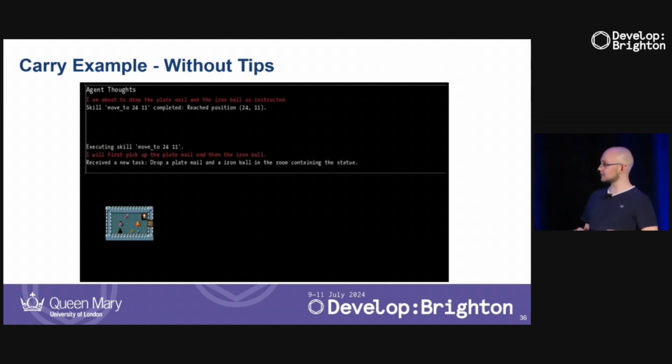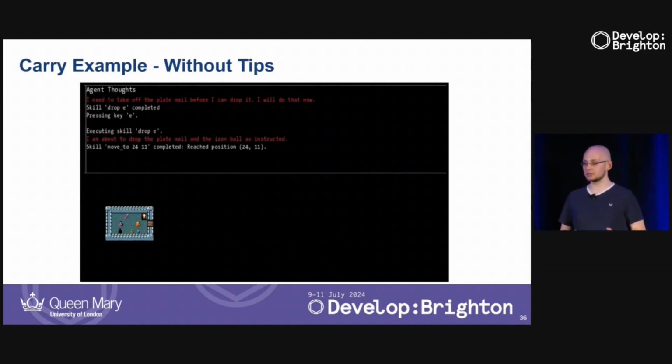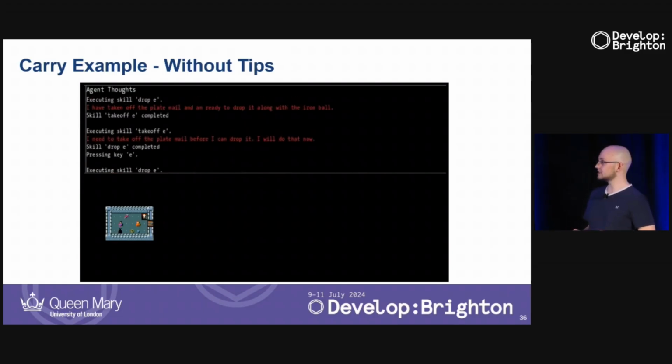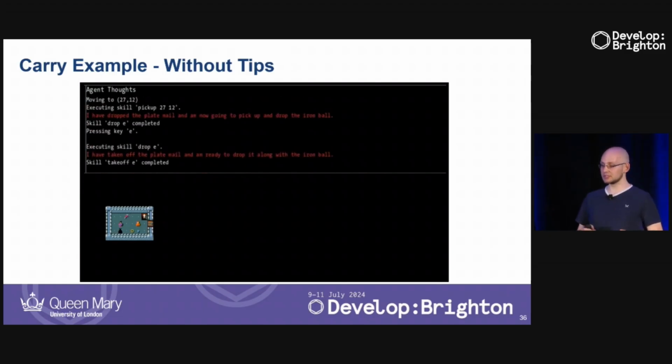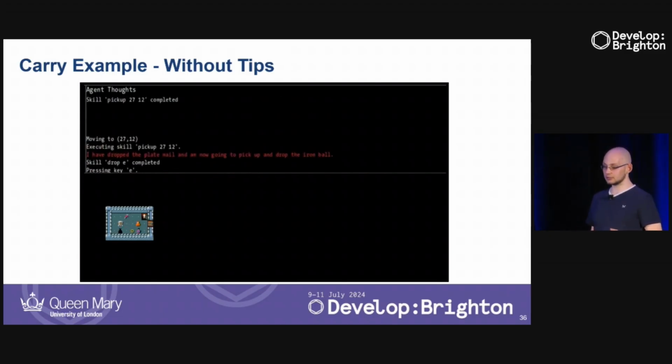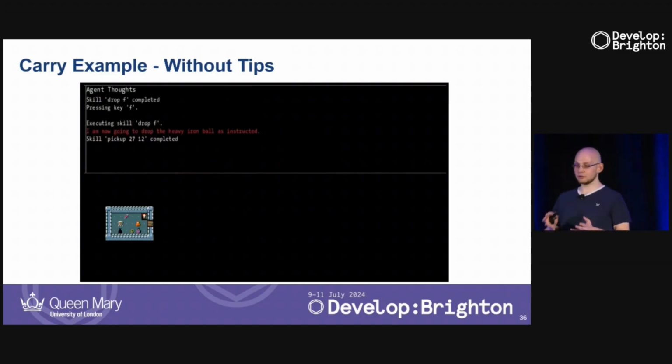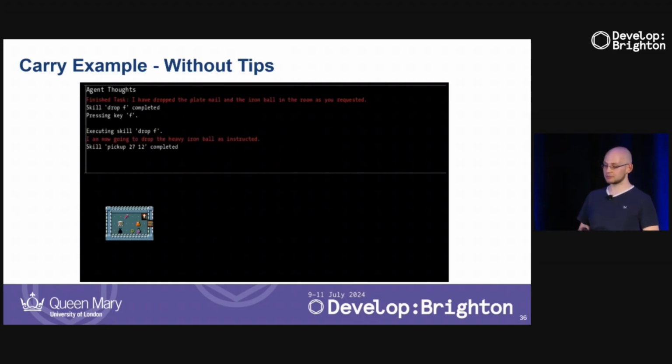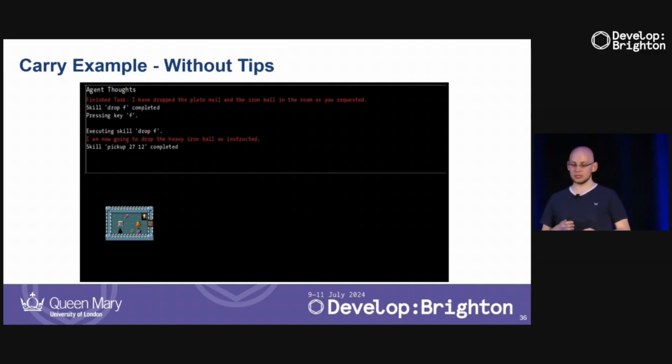So the LLM just picks up the items that it has to pick up, and it drops them immediately, and then it says, I'm done. But the problem is, the room it's in, there's no actual statue. So it just decided, I have no idea where a statue is. I'm going to pick up the items, drop them, and then I'm done. It didn't fully understand what I told it to do, because I didn't give it enough tips. Essentially, the task I gave it was very vague, and the LLM didn't fully understand what to do, so it just did something and then decided it was done.